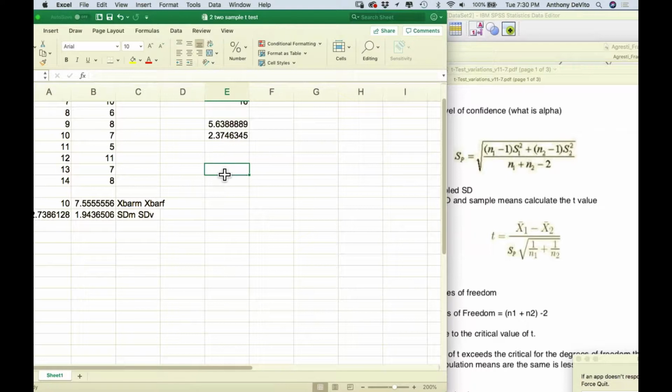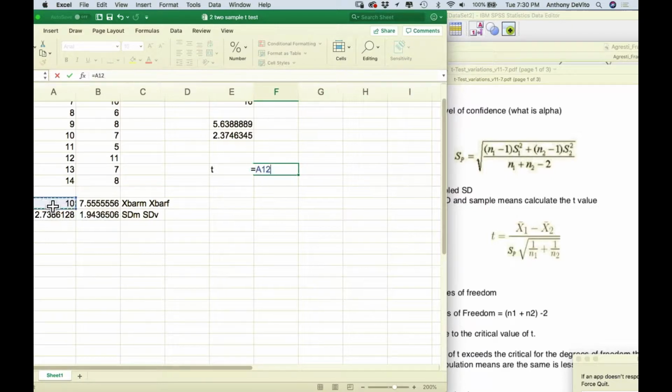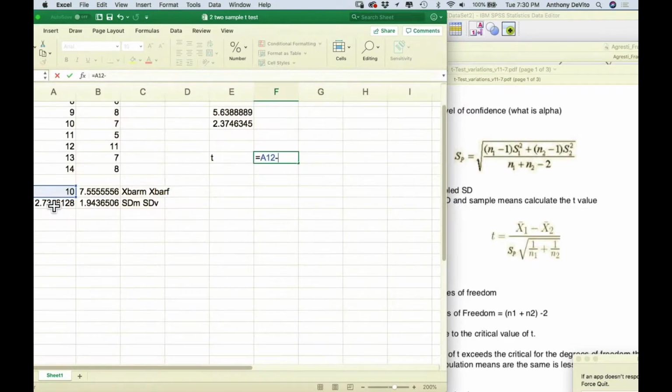So my t value is going to be x bar 1 minus x bar 2, which is going to be equal to 10 minus, oops, 7.55. And then on the bottom is going to be my pooled standard deviation, which is 2.37